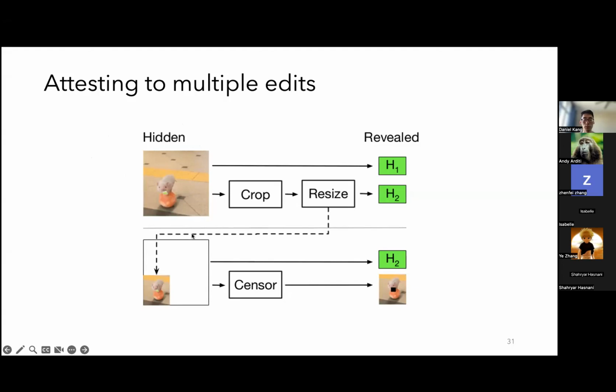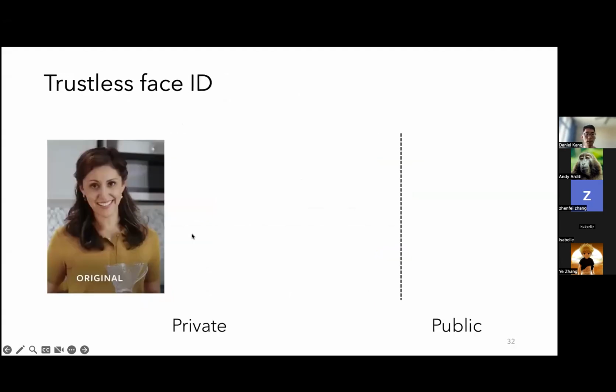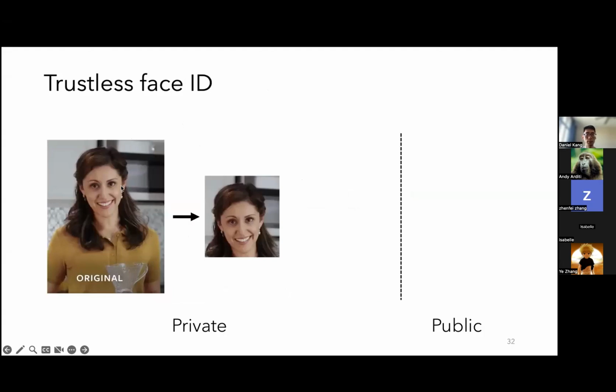I said that sometimes you want to actually commit to the output as well. And the reason that we might want to do this is to actually run Face ID in a trustless manner. And what I mean by this is that we can use zkImage to privately edit a photo, for example, to crop out someone's face, and also execute a Face ID model. And this is done entirely privately. And the only thing that gets output is whether or not this person's face matches a face that they registered previously. And the only thing that's made public is the proof. So the image is kept entirely hidden, and in fact, the Face ID embedding is also kept hidden. The only thing that's revealed is does this authenticate or not.